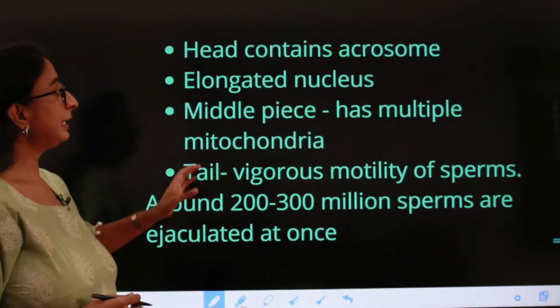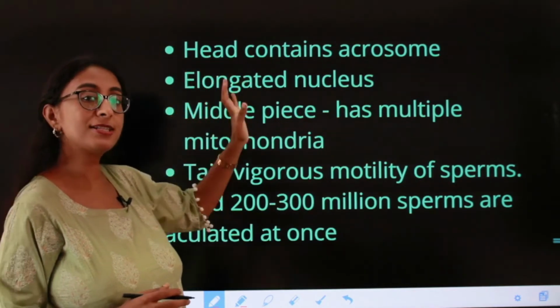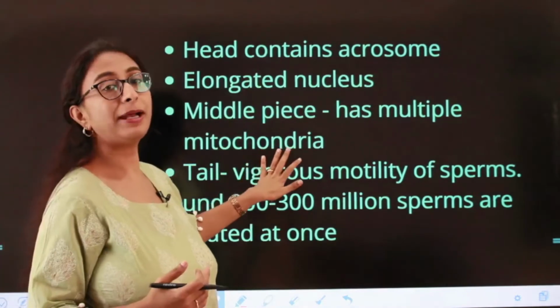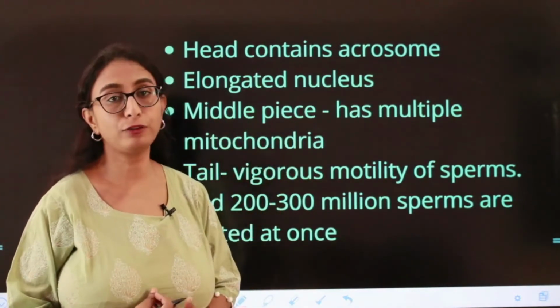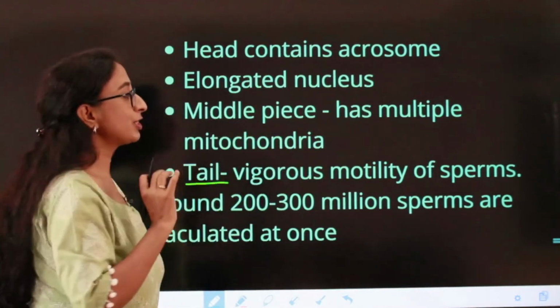So the head contains the acrosome and it has an elongated nucleus which consists of the nuclear material, and the middle piece has multiple mitochondria which are responsible for providing energy for the movement of the sperm, and the tail is responsible for